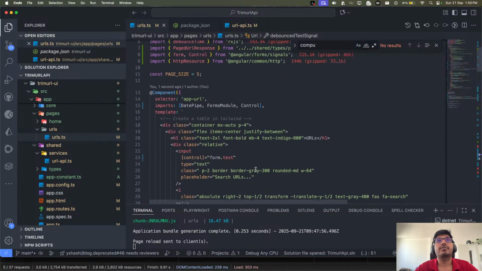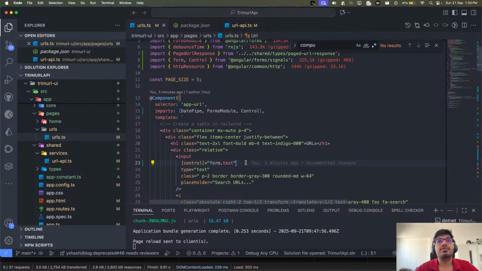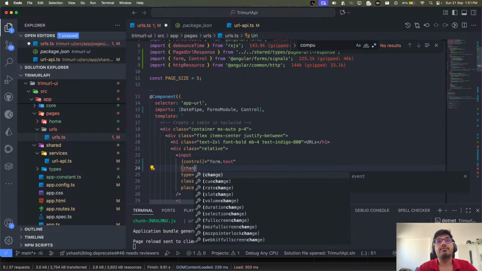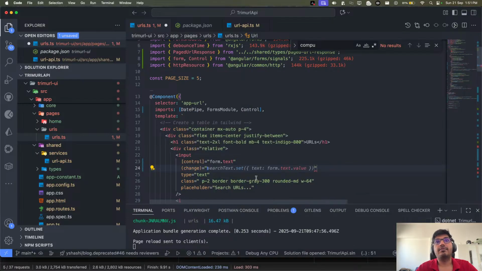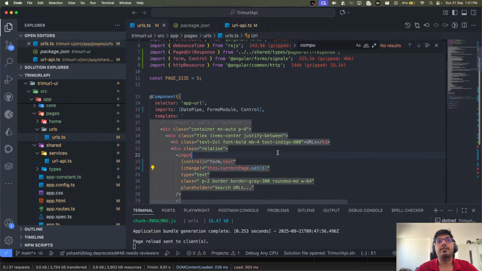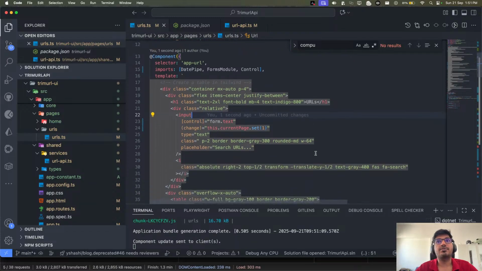I think it's used over here. Whenever we are doing a search, there is something called change, and we can do one thing here, that we have this current page set to 1. Whenever input changes, we need to set this to 1.